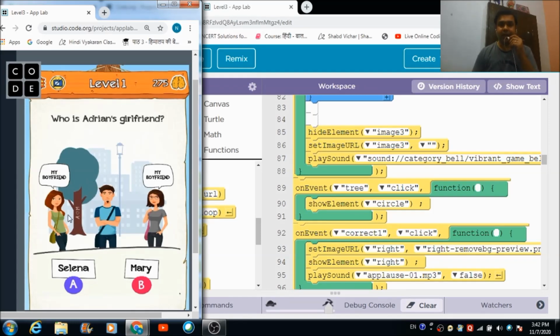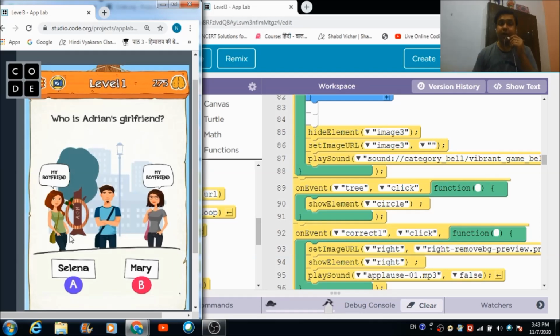Now here, as you can see, the evidence is not visible to us. That round circle is not visible to us. So in order to make it appear, we need to hit this tree over here, and automatically this is the circle which is going to be visible to us.